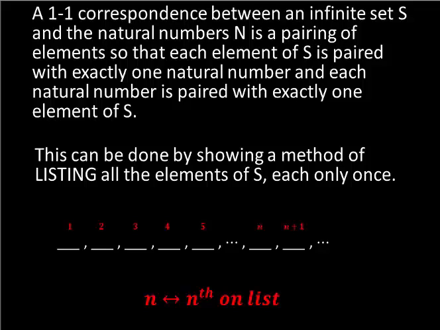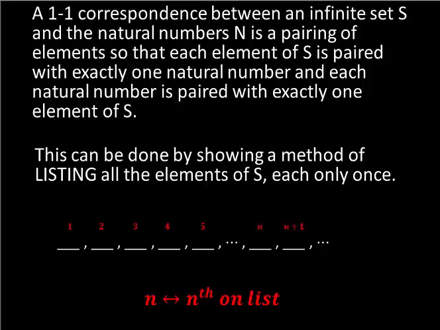A one-to-one correspondence between an infinite set S and the natural numbers n is a pairing of elements so that each element of S is paired with exactly one natural number, and each natural number is paired with exactly one element of S. And you can show this by just finding a method of listing the elements of the infinite